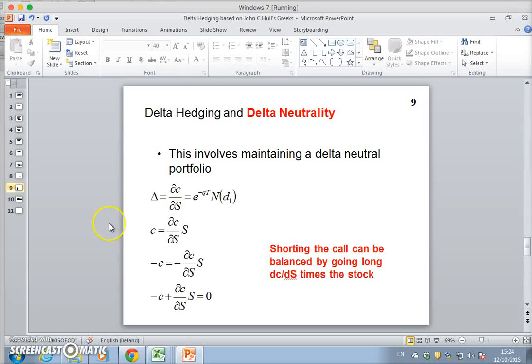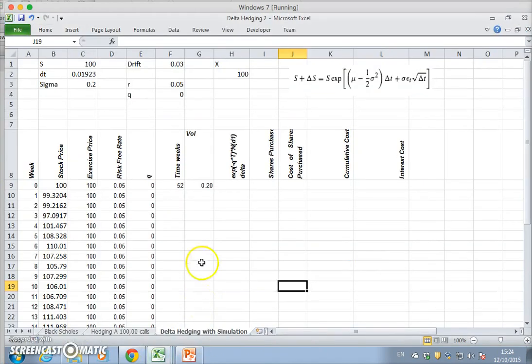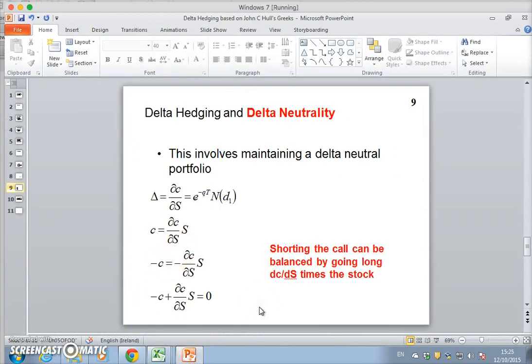Delta, this type of framework. So we're going to try and dynamically replicate the option position by taking a long position in the stock and seeing what the outcomes are under different scenarios. So the starting point here is we're going to take the values as presented at the option in the initial parameter values